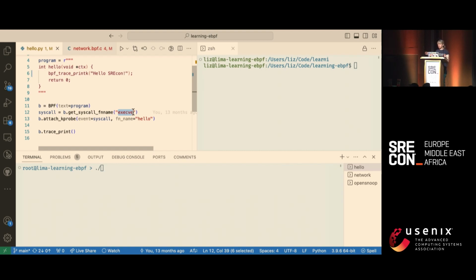That system call, don't worry too much about it if you've never come across it. It's just what is used to run a new executable. So every time a new executable gets run, this program is going to get triggered because it's attached to that event. And then there's a line here to actually write out the tracing. So if I run this,